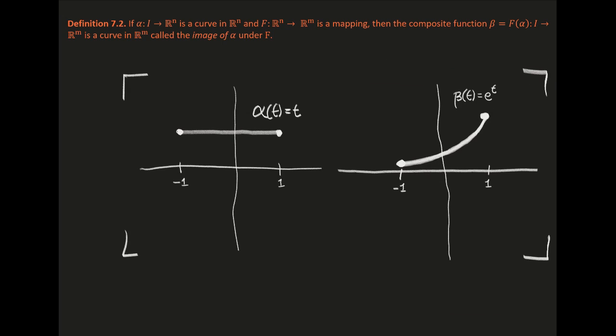Next, let's talk about compositions of mappings. If alpha is a curve in Rn and f is a mapping from Rn to Rm, then the composite function beta, which is the composition of f and alpha, is a curve in Rm called the image of alpha under f. In the figure, we're just imagining a simple case where we're given a curve in R, which is just